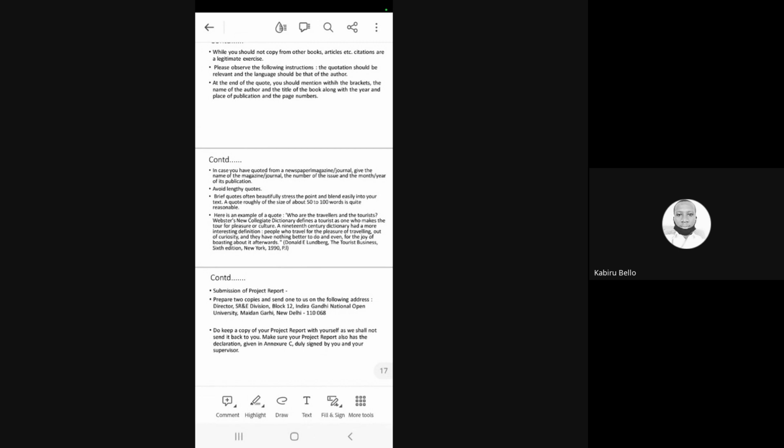Got it? This is how the Likert scale is measured. Likewise: very satisfied, satisfied, neither satisfied nor dissatisfied, then the fourth one is dissatisfied, and the last one is very dissatisfied. It should be in five levels.